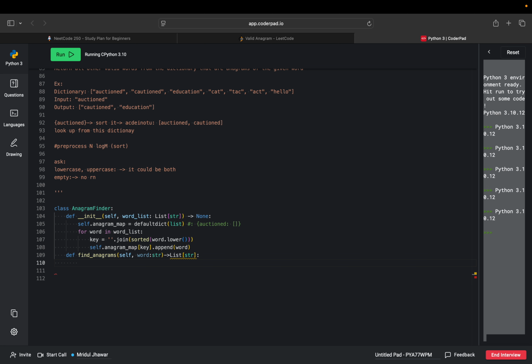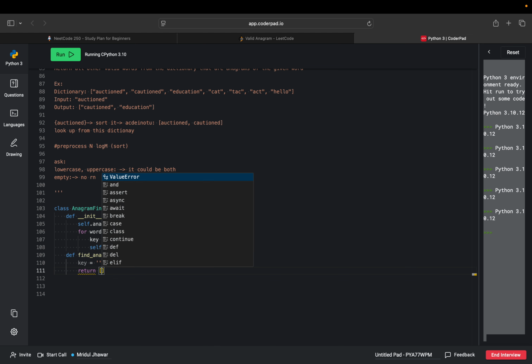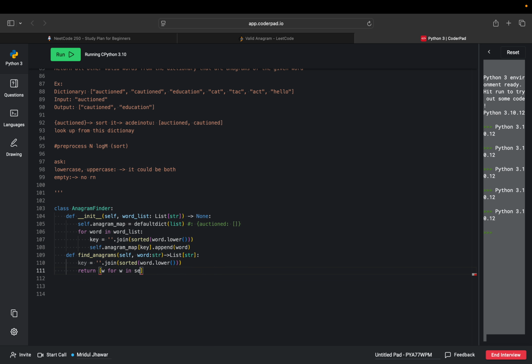And yeah, the key would again be the same for the word, because we'll have to sort it. And now check for every word if that exists, and if it's not, just append it to the answer. So what we can do is return this in a list, and then we can do for W in self.anagram_map.get the key,